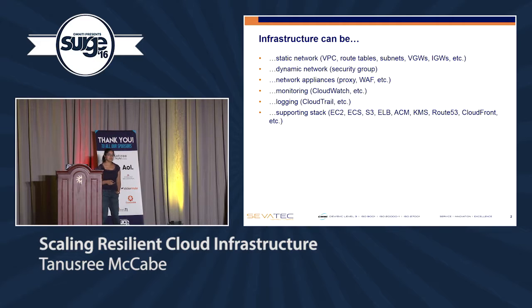Then network appliances themselves are considered infrastructure mechanisms. For example, you may be using a proxy in your environment or a web application firewall, that sort of thing. Certainly you mentioned services like capacity, monitoring, logging. These are all support services that kind of fall under the infrastructure realm. And then somebody mentioned servers, right? So that's what the application lives on, the supporting stack. So in Amazon terms, EC2 servers, right? Or maybe you're using containers and using ECS service. Maybe you're using a whole variety of services to support your stack, including S3 for storage or ELB for load balancers or what have you.